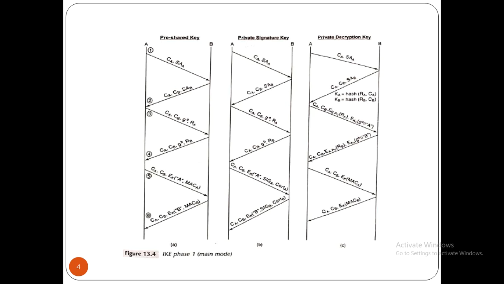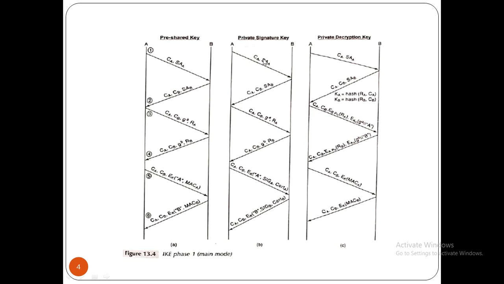Alternatively, B could keep track of all the entities that it expects to communicate with from each IP address. Then when an IKE request arrives from a particular IP address, it could attempt to decrypt the message using the secret it shares with each entity at that IP address. A message would be successfully decrypted if the key used for decryption matched that shared by the entity whose ID appeared in message 5. So this is a major drawback with option 1. To overcome this,